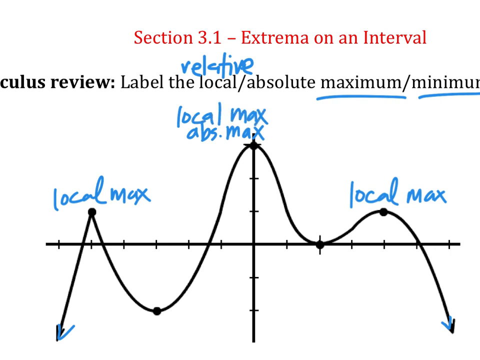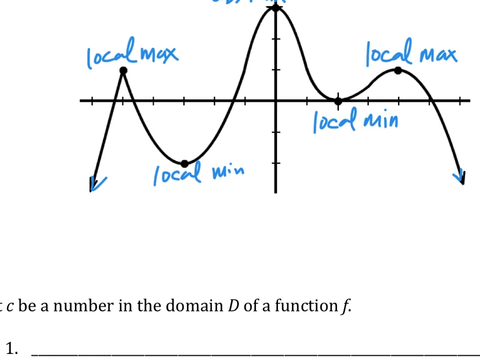By definition, something that is absolute is also a local something. Here we have a local min and another local min here. There is no absolute minimum because the graph keeps going down. All right, so